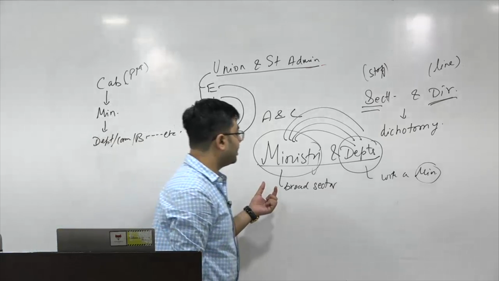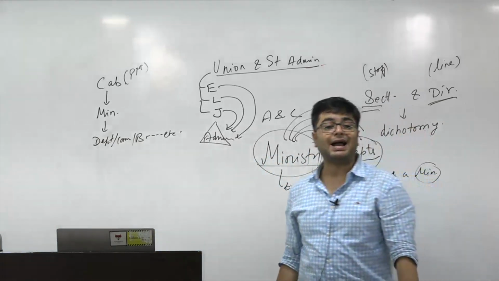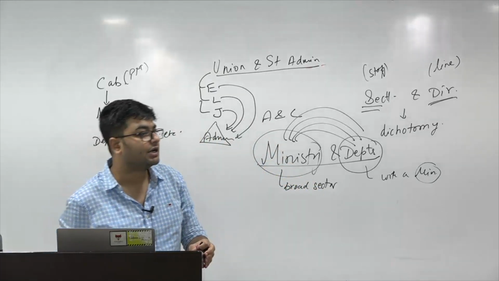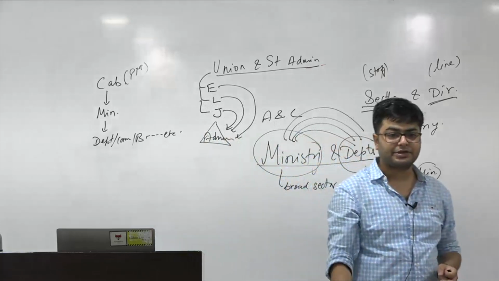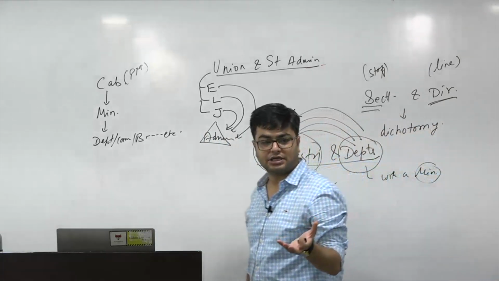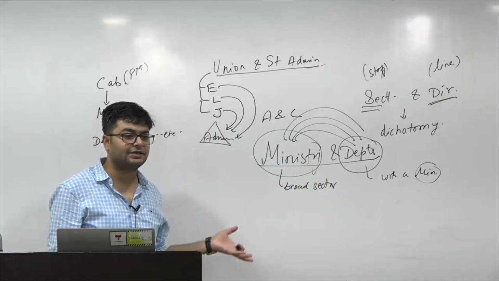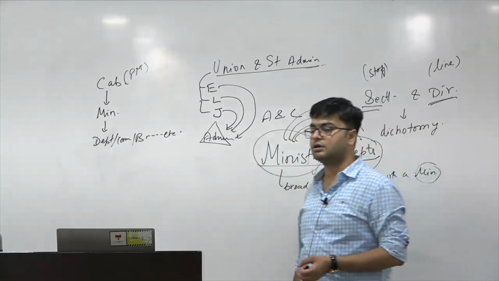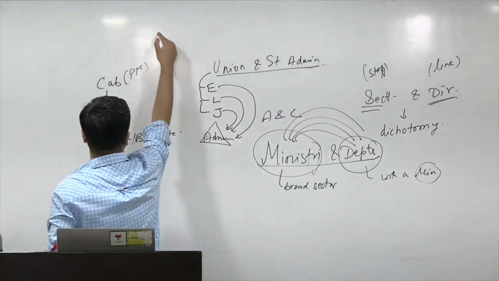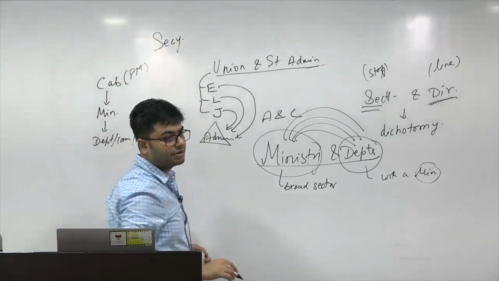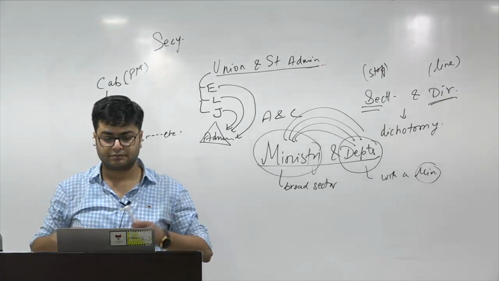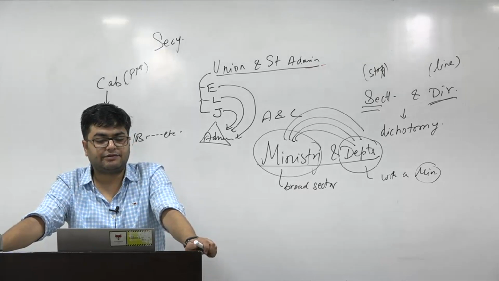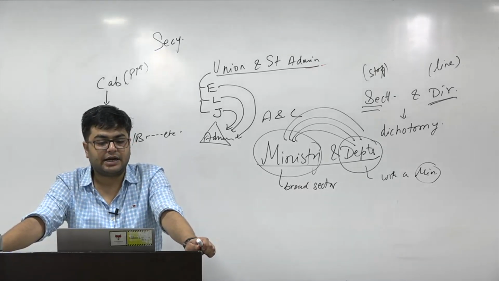While the ministry is headed by a public representative. Why? Because of the democratic accountability aspect. By a public representative, that is a member of the legislature. These things are true even at the state level. But in the administrative machinery, who sits at the top? A secretary. So the political head is the public representative of the ministry, and the secretary to the government of India is